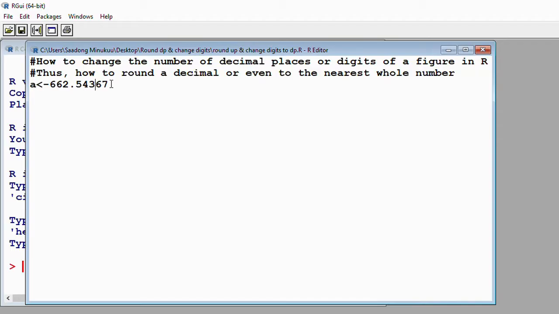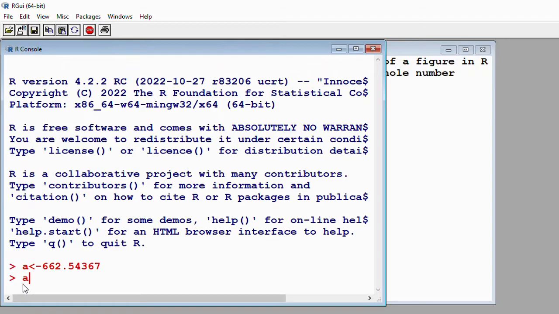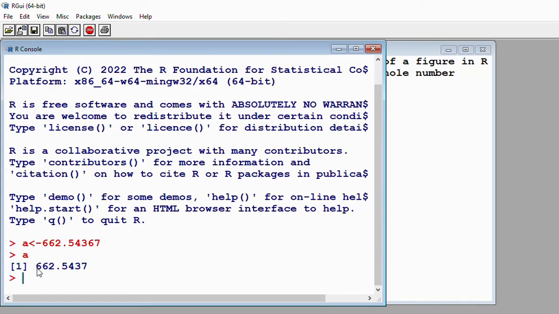Okay, now, without much ado, let's start. Let's assume this figure, I just saved it in an object called A. So if I run this, let's see what we get. If I type A here and hit enter, we have